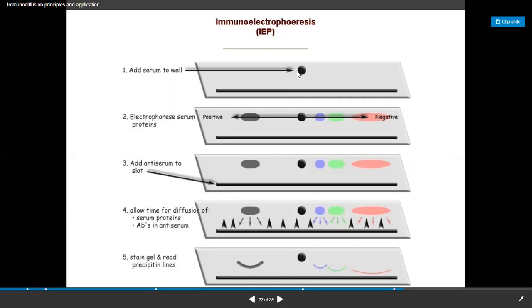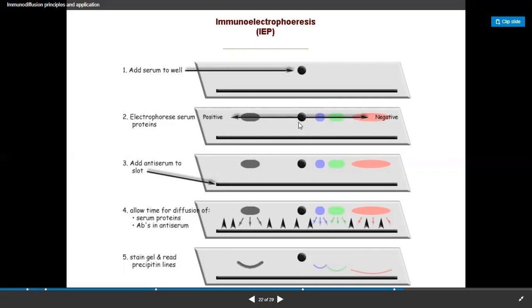After this, we transfer this tray into the electrophoresis unit and we apply the electric field. The molecules which are negative will migrate toward the positive charge, and the proteins which are positive will migrate toward the negative charge.